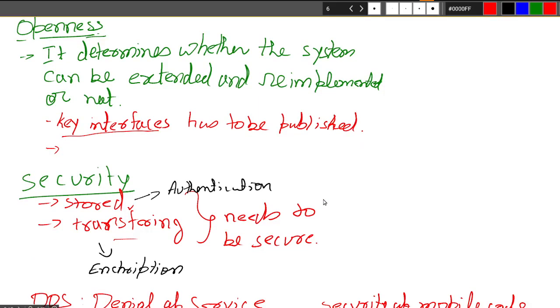Then we came to security, where we understood that whether the data is stored or being transferred, it needs security. If it is stored, somebody might try to access it, and these accessing users should be authentic, so we should have an authentication mechanism. If the data is traveling, we should encrypt the data.